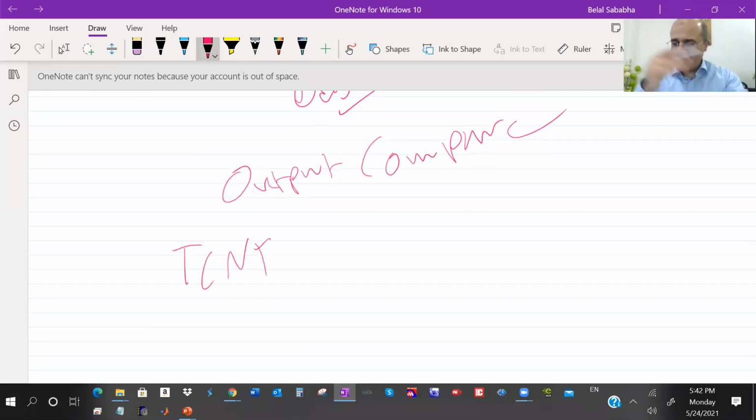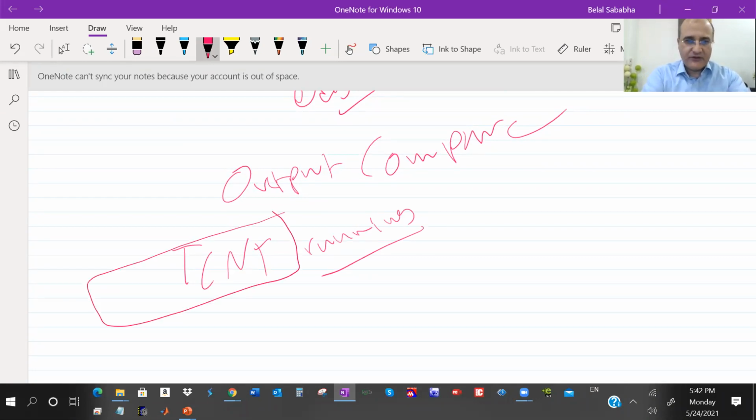See, the TCNT is the base for everything. The TCNT is running at the speed you configured. It's a 16-bit counting register, it has a clock, you configured it, and you were asked